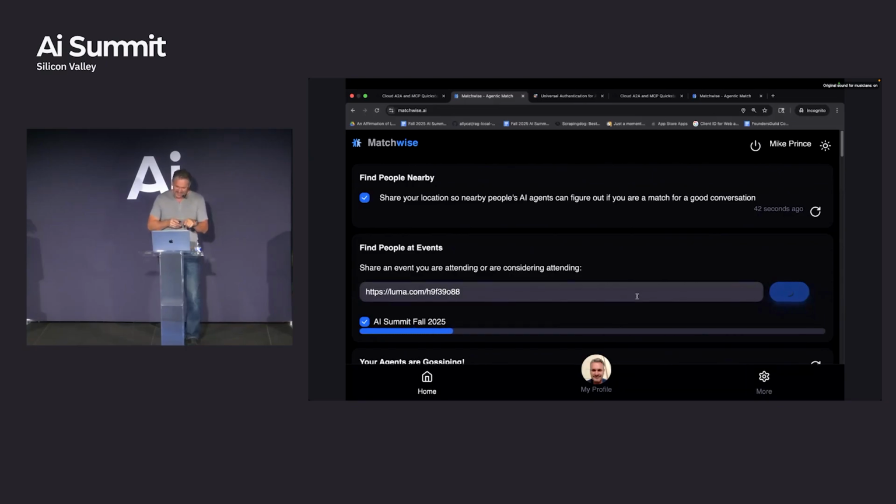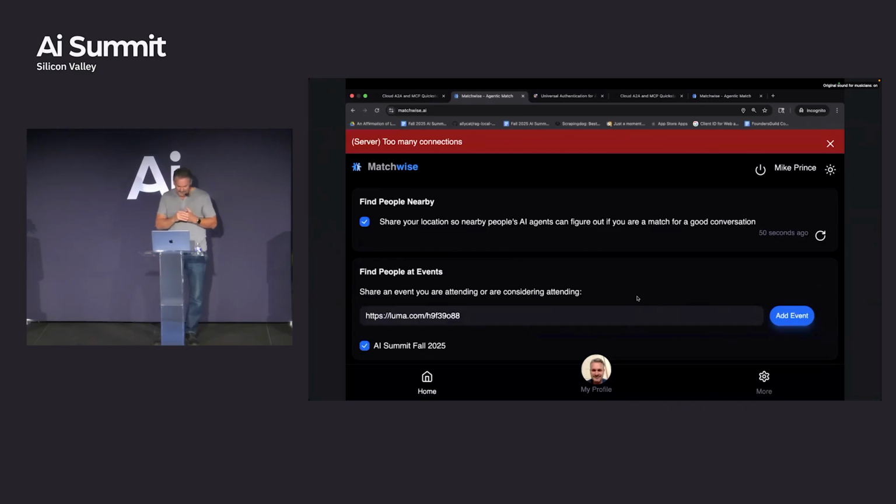And so what's interesting here, and that's not surprising, is what it does for Luma, okay, maybe it won't work right now. For Luma, what happens is it goes to a presence service and it finds everybody else who has said they're going to the same Luma event. And for the people who go to the Luma event, it comes back to Matchwise and says, all their DIDs, I'm going to crack their DIDs open. And it cracks all their DIDs open for whatever the list is right now.